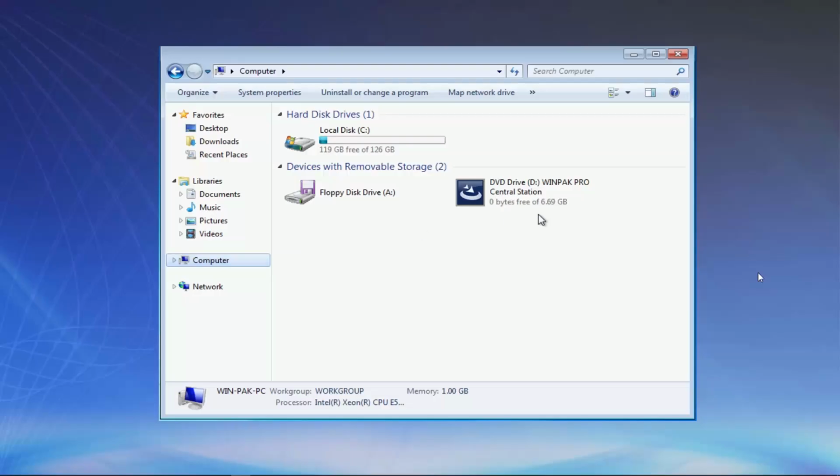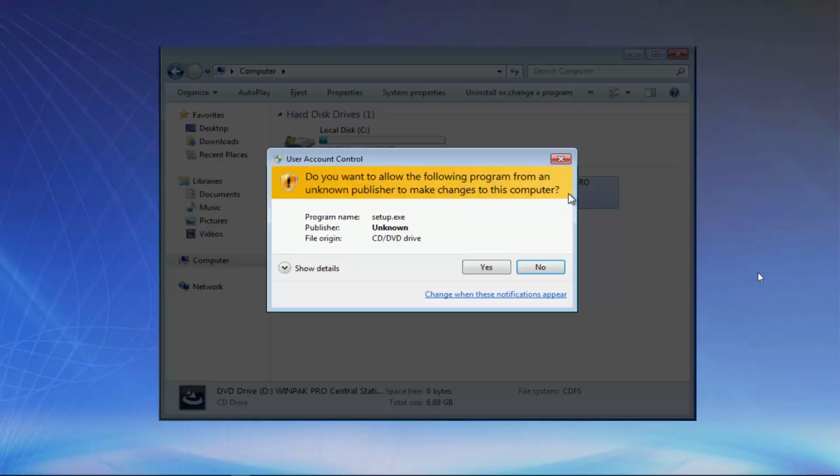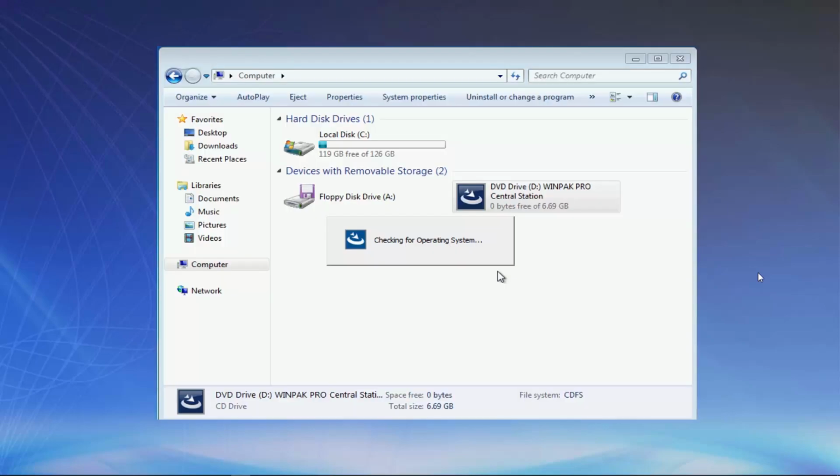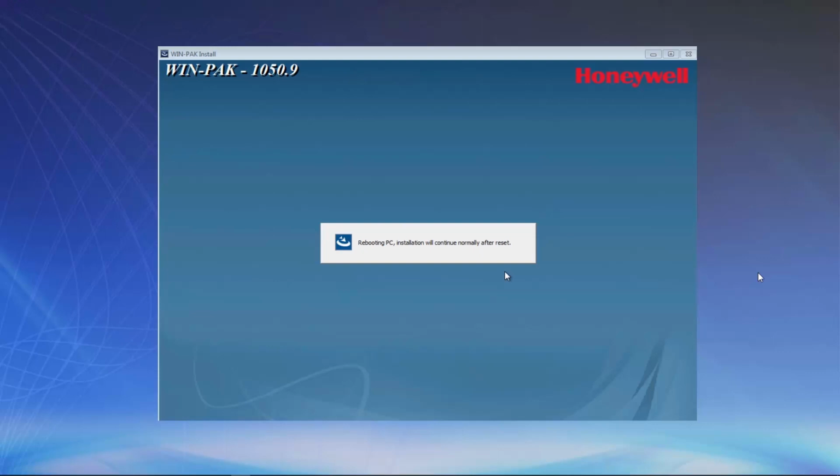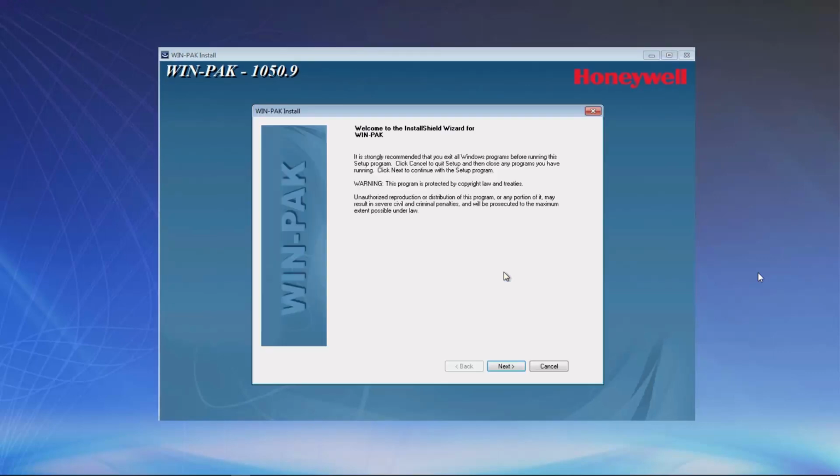Hi, in this video we'll view how to install WIN-PAK for the 5 on a server computer. We'll begin by running the installation media, and we'll see the WIN-PAK installation window. We'll let it run. If it asks us to reboot the computer, we're going to allow it, and we're going to reboot the computer. Once the computer is rebooted, it will automatically start the setup.exe file and continue the WIN-PAK